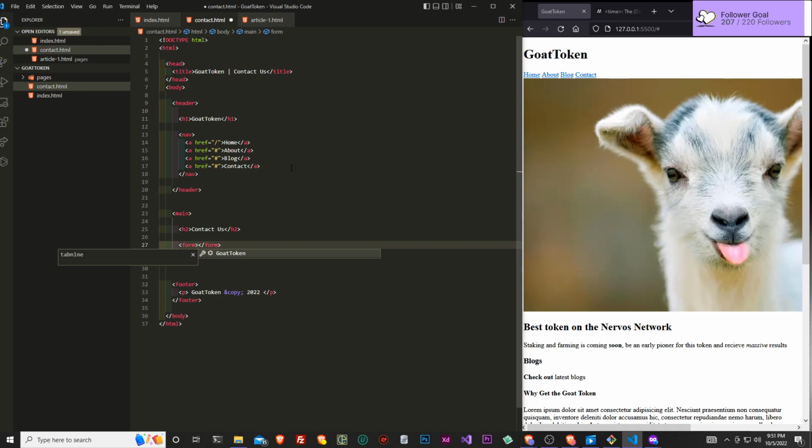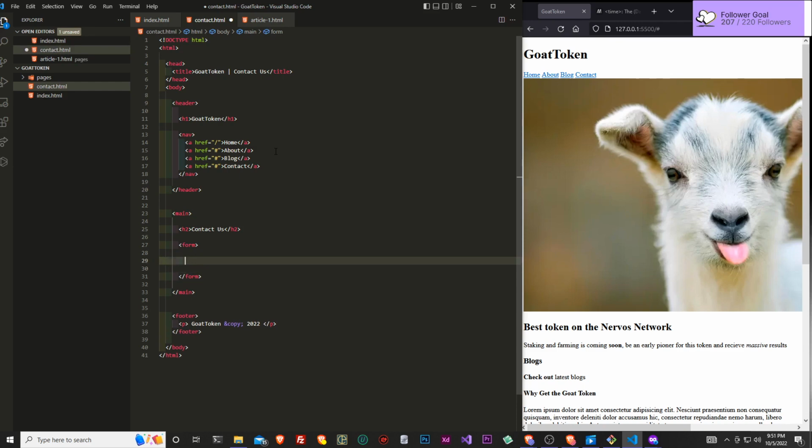Forms are great for contacts or for getting data from a user, and I'll show you what kind of data we're going to be trying to grab from the user. In order for us to grab data, we would need to have created input elements. But before we do that, for every input, I usually like to create a label.